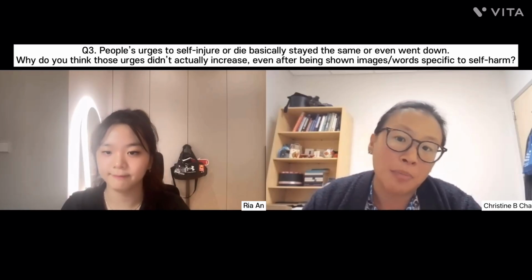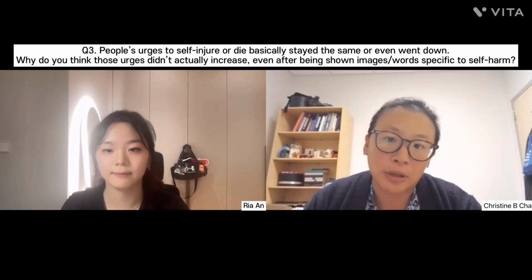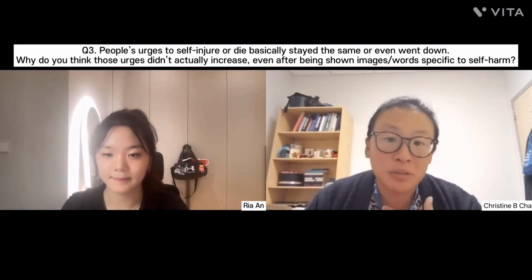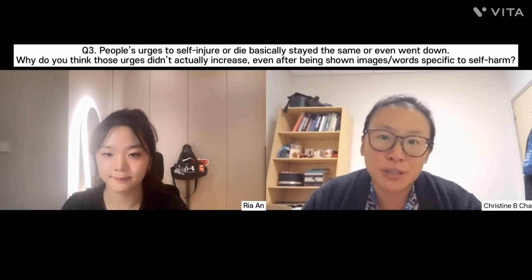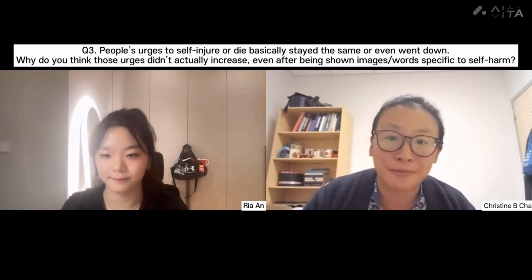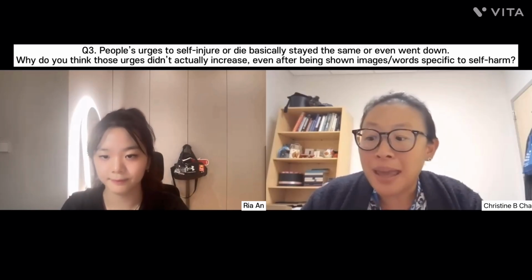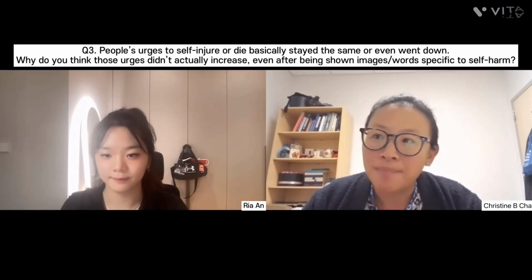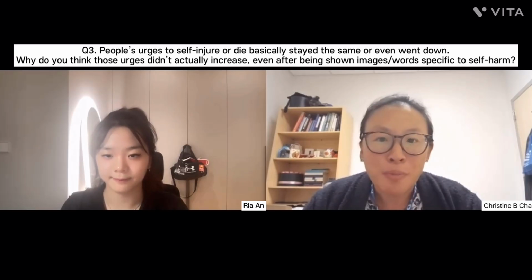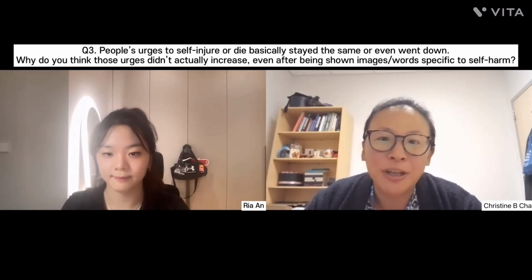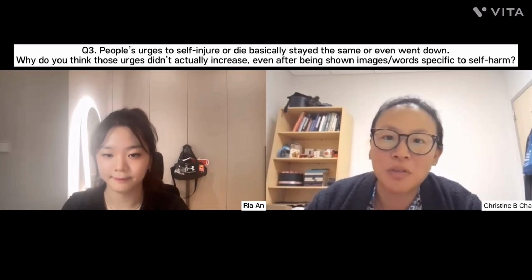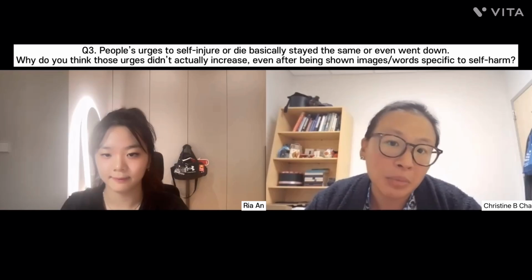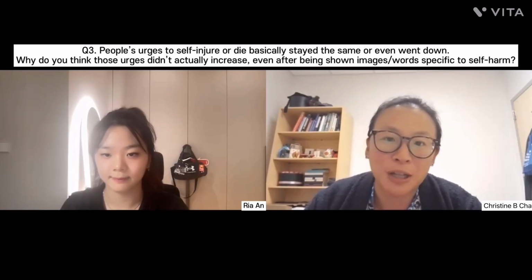In fact, it might be mirroring some of what their internal experiences are, not mirroring in an endorsing way, but just mirroring and kind of not introducing a new concept. So maybe less phased in some ways. And then even for folks who've never experienced suicide or self-harm, if you actually pause and think about it, in everyday media, in a lot of what we consume around the world, whether it's explicitly or implicitly, we are being exposed to these types of concepts.